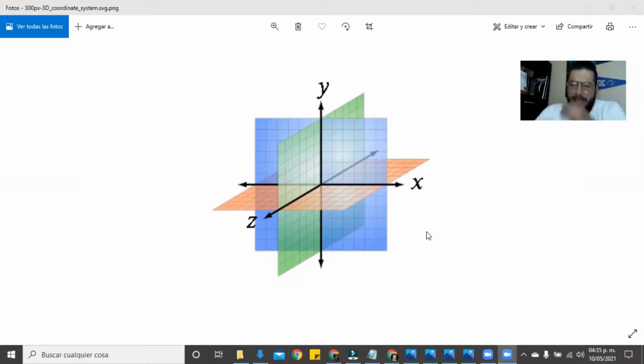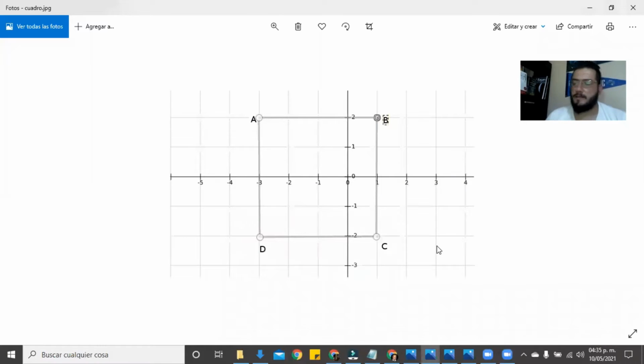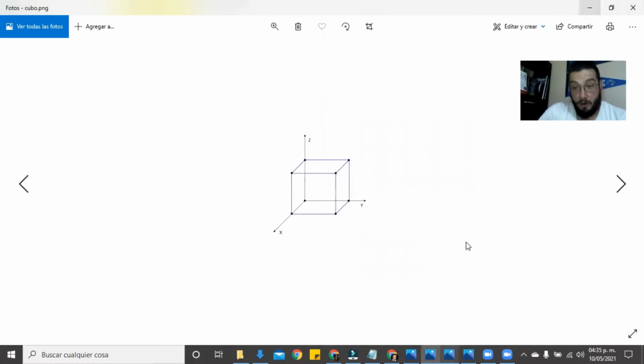Now, in here, I need you to think that with only two dimensions, we can create something like a square, right? Because we have only the x-axis and the y-axis, all right? But if we add another axis, we can create a cube, right? A three-dimensional